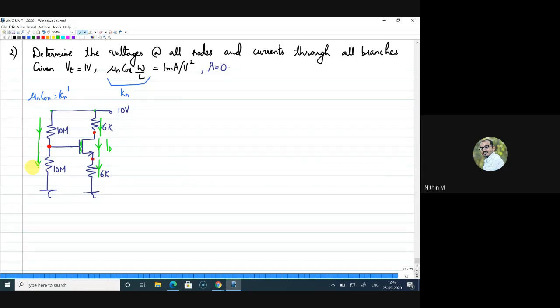Now the question is, you are supposed to find both the currents and the three node voltages. Can you try it? I'll give you 2 minutes. Don't put the answers in the chat box. Take time and try to solve it. I'll help you how to go ahead with this question. I just want you guys to try first.